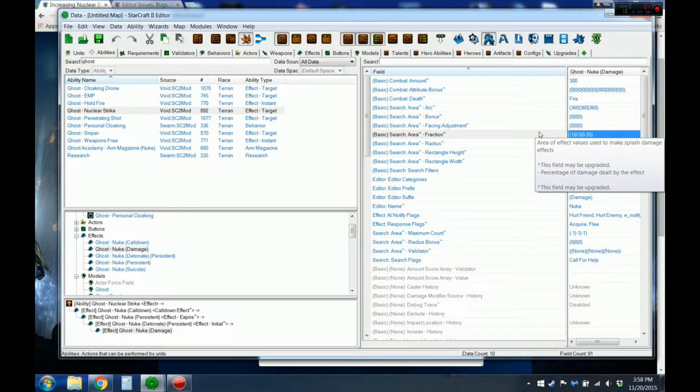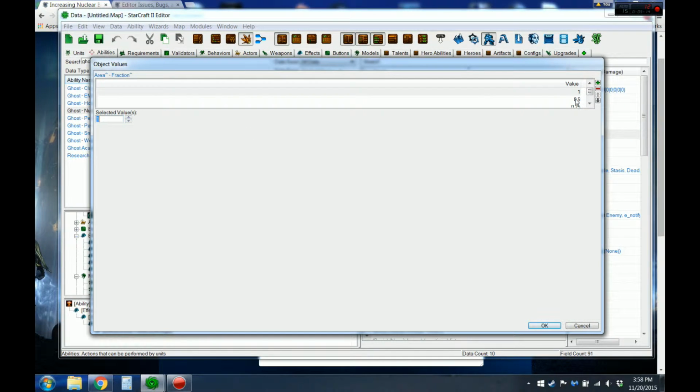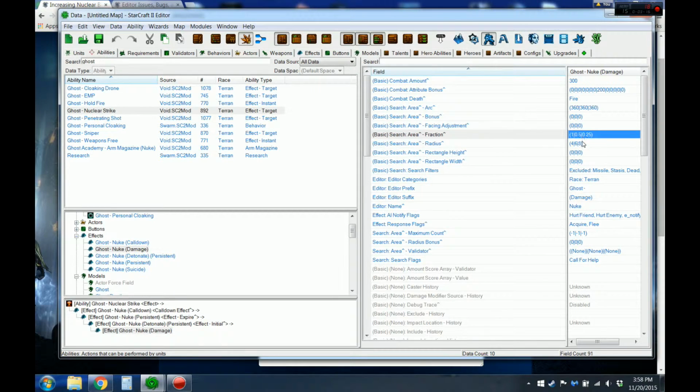Then here is a pretty neat value. It links up with this. Here's the main radius. And basically, if a unit is within 4 radius, then it'll do the full amount of damage here, 1. Now, if it's between 4 to 6 radius, then you can see here they put it so it only does half the damage. And then finally, if it's within radius 8, it'll only do a quarter of the damage, which is this combat amount here. So it does 300 within 4, it does 150 within 6, and then whatever a quarter is of 300